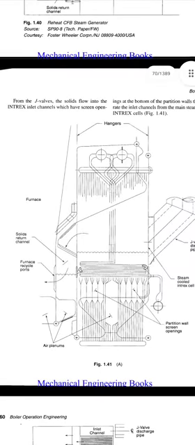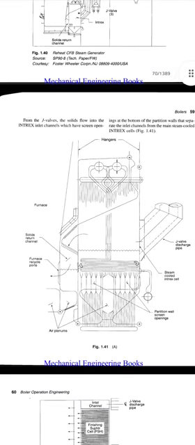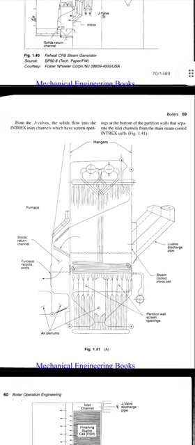In the next diagram we can see the Intrex. Here we can see the furnace solid return channel and furnace recycle ports on the left side. On the right side we can see the J valve or loop seal, discharge pipe and steam cooled Intrex cell, partition wall screen openings, and at the bottom of the diagram we can see the air plenums. On top of the diagram we can see the hangers.